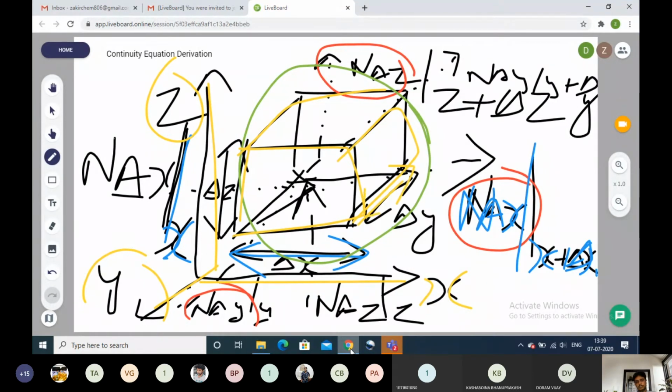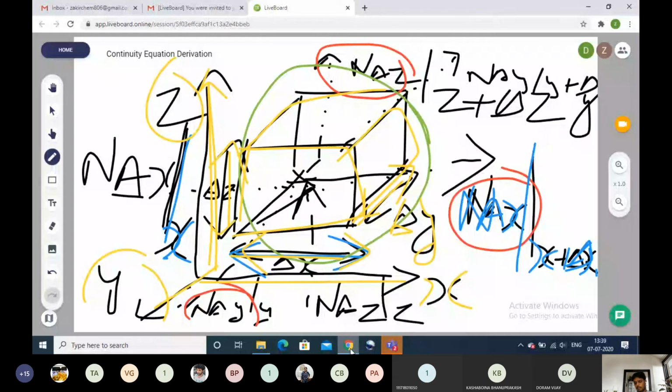In these 3 dimensions, we have to assume which direction is applicable to which dimension. The y direction is seen diagonal to the x and z directions. So we are considering this as delta y. The horizontal direction is nothing but delta x. We are considering the width of that particular cuboid from the origin to the end point as delta x, the change happening in that place. Then the vertical direction, since this is the z direction, we are considering as delta z. Okay, this is the coordinate system we have to fix.